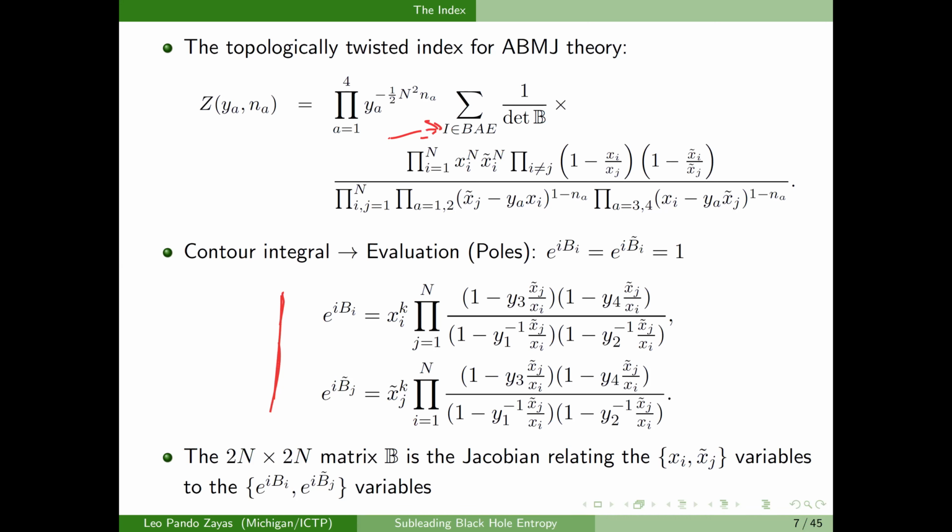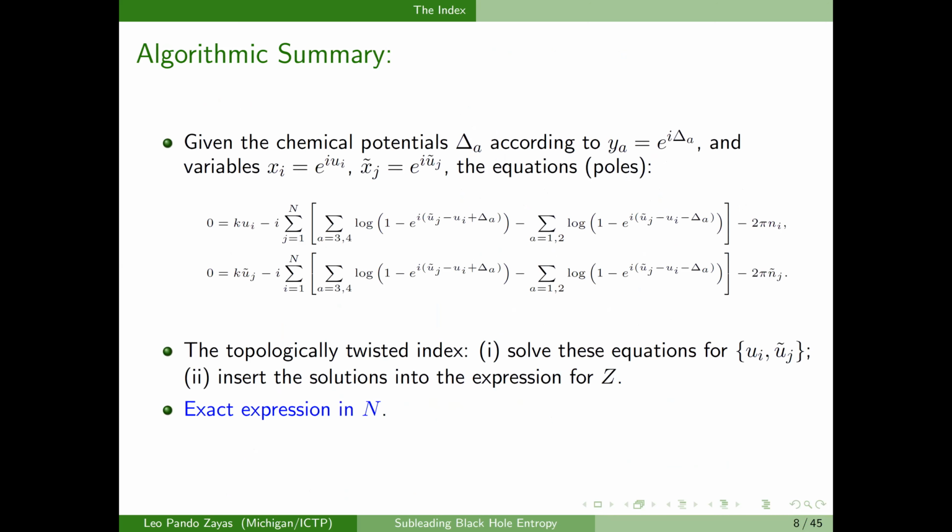So the 2n by 2n matrix B, this calligraphic B here, is the Jacobian that relates the variables, these holonomies xi, to these variables bi that I introduced, sort of like the Bethe variables. But let me take away a lot of the jargon and the dust in this story. The bottom line is that